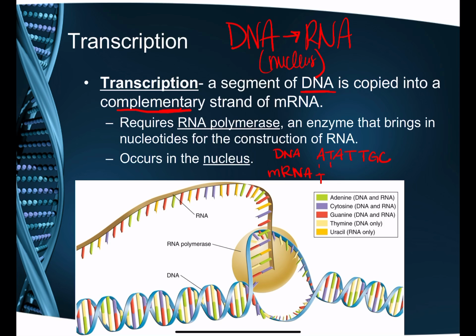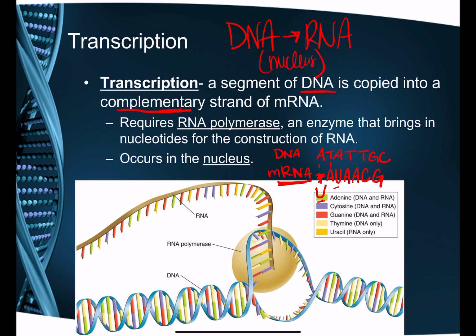Except mRNA doesn't have T's. It's actually going to have a U. Okay? A, U, A, C, G. That's what the mRNA would make. Okay? Notice there's no T's. There's U's. Uracil is in RNA instead of thymine. There is no thymine in RNA. Okay? So,